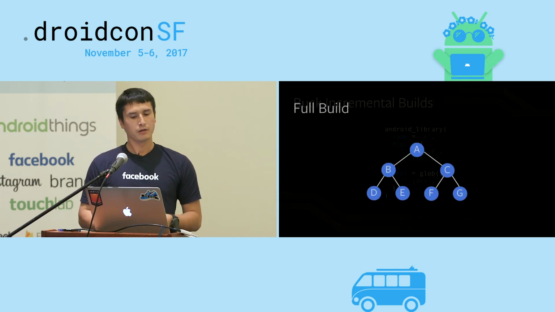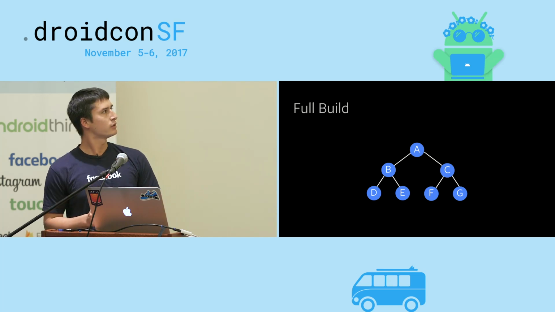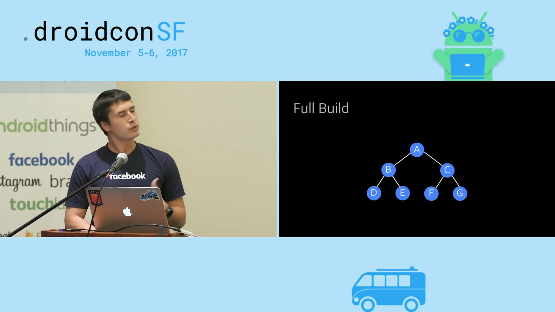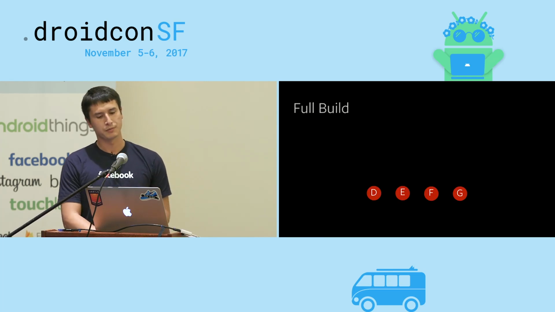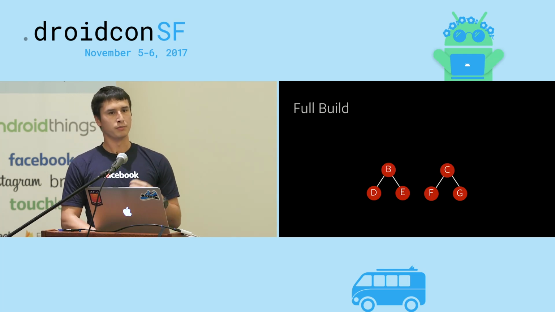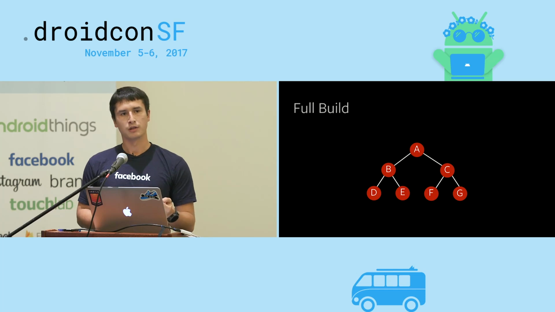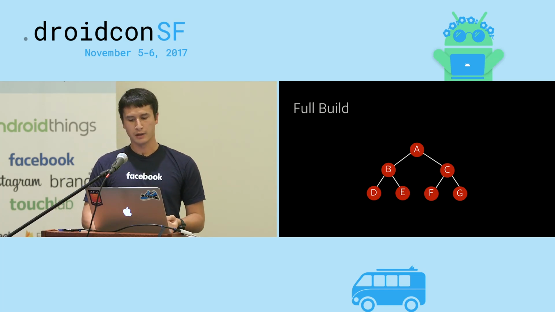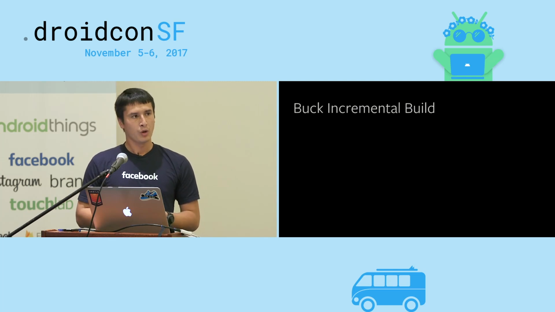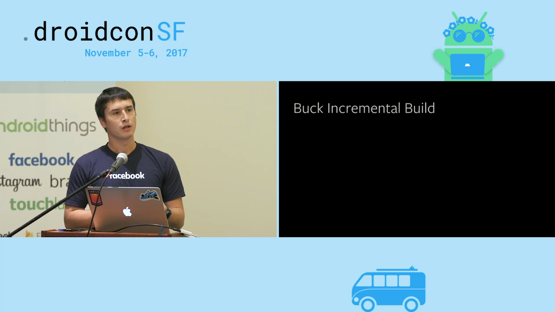And these dependencies together form a rule tree. So this is our dependency graph, or our rule tree. And when we do a full build, we build every single node in this tree, and we build from the ground up. So we first build out all the leaves. Once those are built, we can go and build the things that depend on them. And then finally, at the top, we can rebuild the actual node that we wanted. In an incremental build, though, Buck calculates the minimal set of changes that need to be recompiled based on the